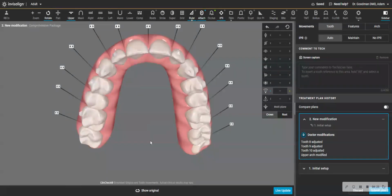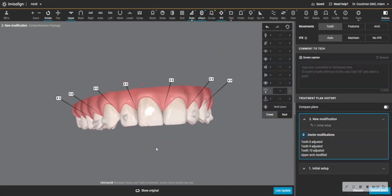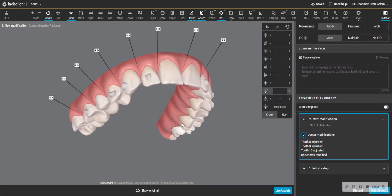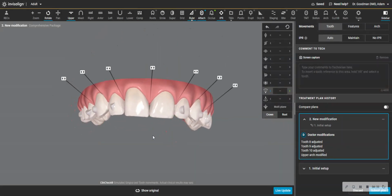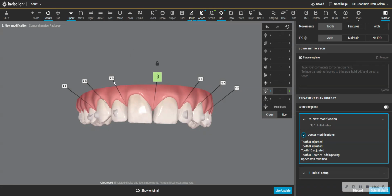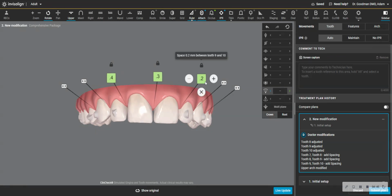And this, to me, will not satisfy this patient's chief complaint, because their complaint was they want to show more teeth and have a fuller smile. And they don't want their teeth to lean in as much. So what I then will do is I will mock this up and I will show the patient what it would look like. Now watch what will happen to the arch circumference if I just add